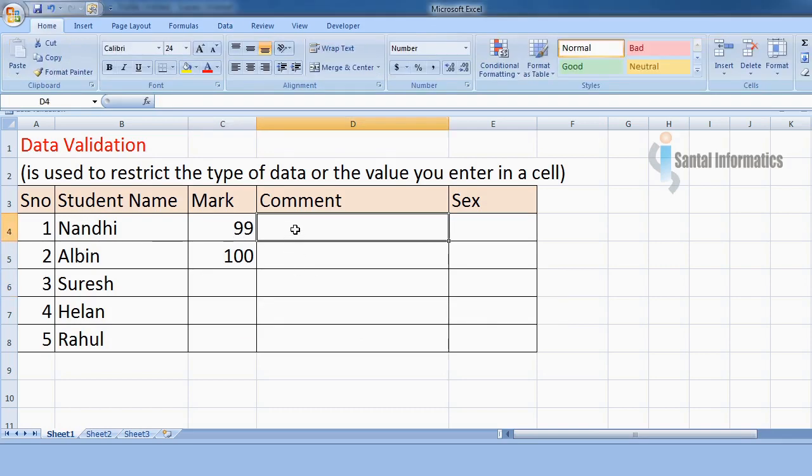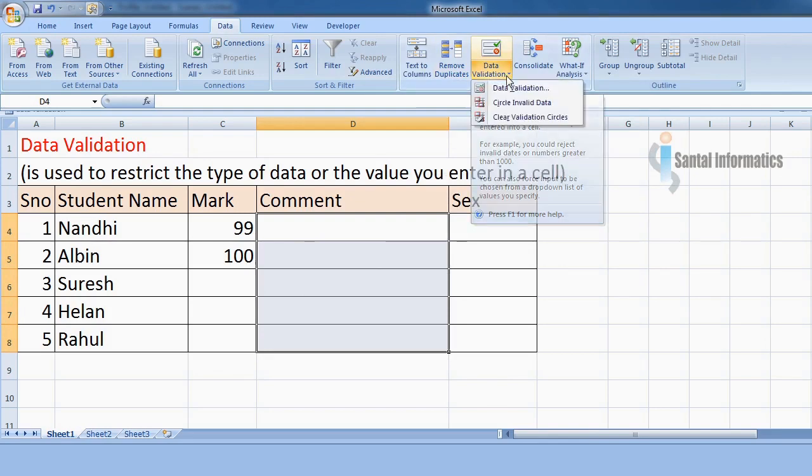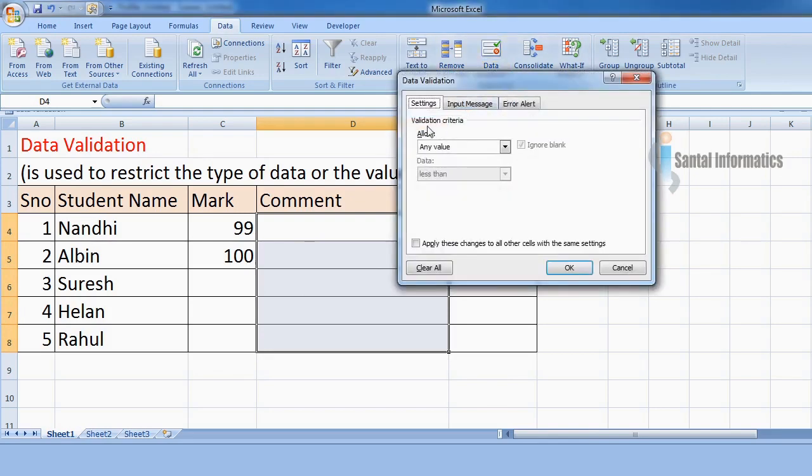Now let us set a data validation rule in this column to limit the length of the text. So select the column, click data validation. Here in settings, change allow any value to text length, and in data select less than, and in this box type the number 25.